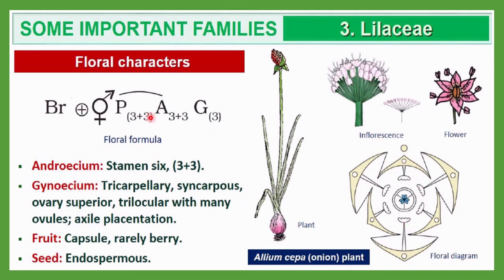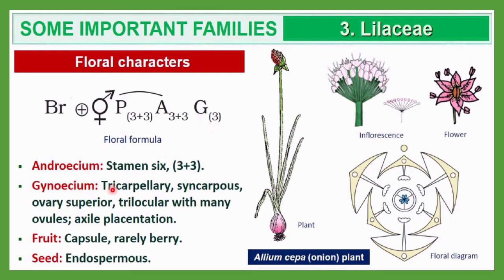That means the androecium is also showing two circles, because it is directly connected with the parents. That's why 3+3 in a bracket means all are fused together, and here 3+3 all are free, not connected with each other, whereas these tepals are connected with each other. That's why 3+3 in a bracket and 3+3 free. So these are very unique structures.